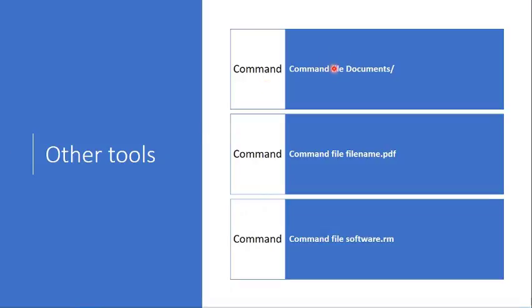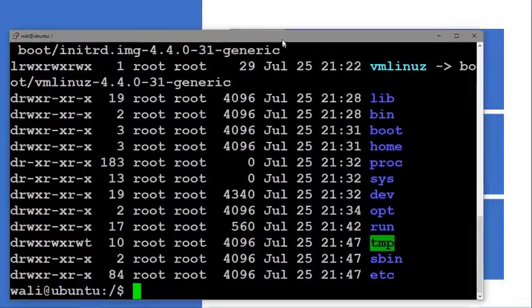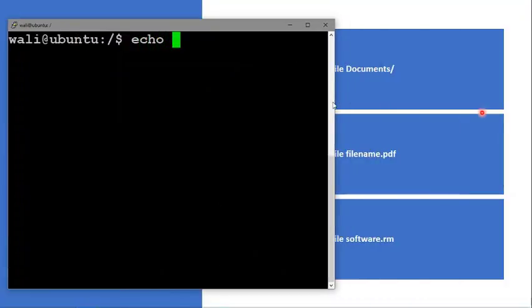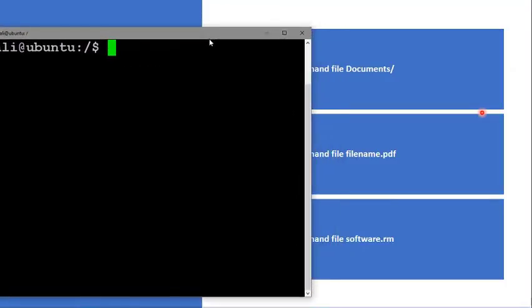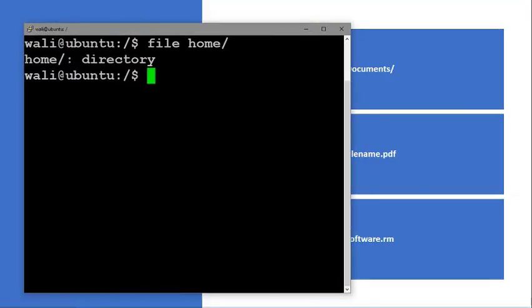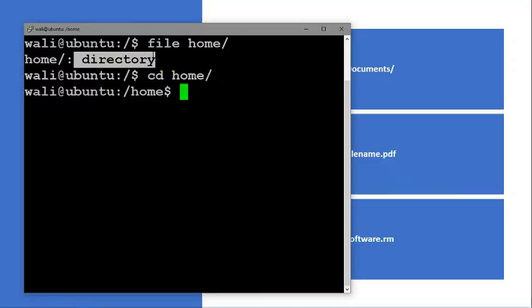We call file to read the status and all the configuration information of your data. So first I'm going to clear this. Okay, so file, so what kind of topic it is, what kind of thing it is. Home is a directory. Okay, so well I'm going to move to my home directory, and again I'm going to move to my user home directory. Now I'm going to create my one file, vim space